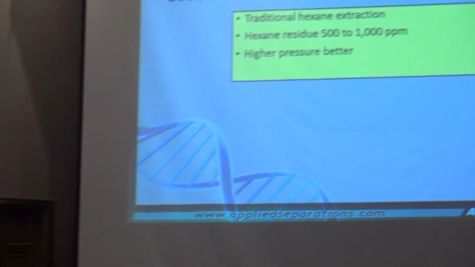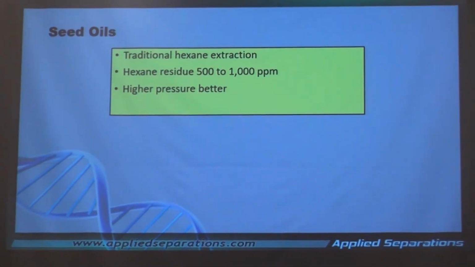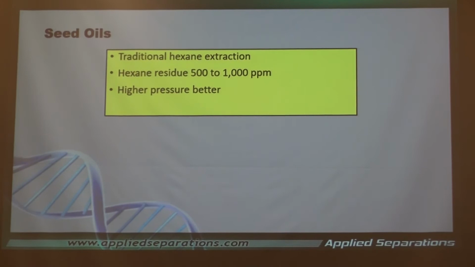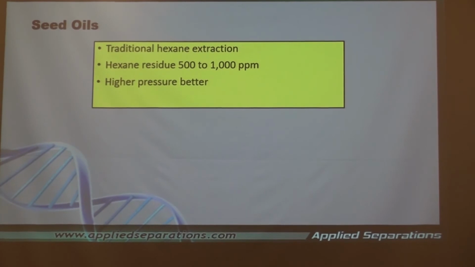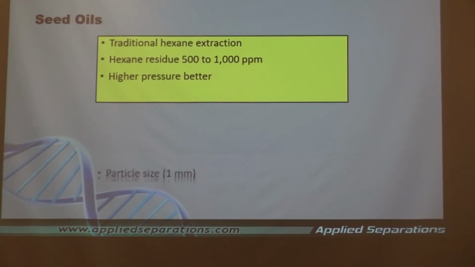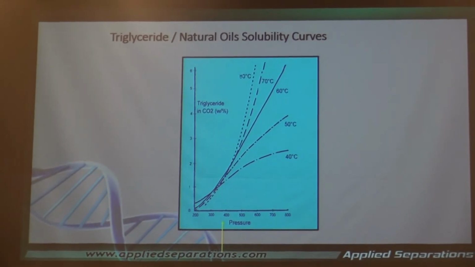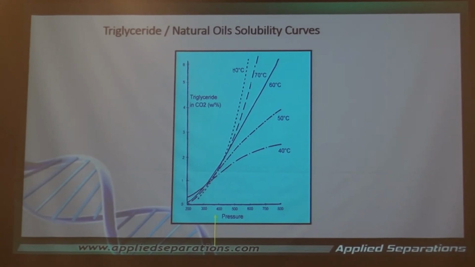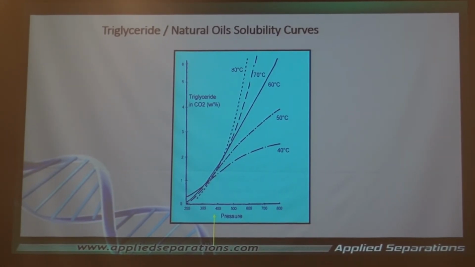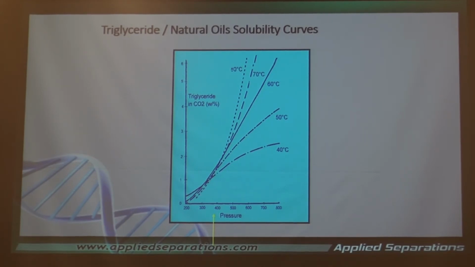The big thing to keep in mind when you're dealing with seed oils is the higher the pressure, the better. So with regular oils, cottonseed, corn oil, all of these seeds tend to be extracted using a higher pressure. This is work that was done by a friend of mine at the USDA, whom I've also worked together with, Jerry King. He's published a great deal. He's most recently been at the University of Arkansas. But he did this work back in the year 2000.